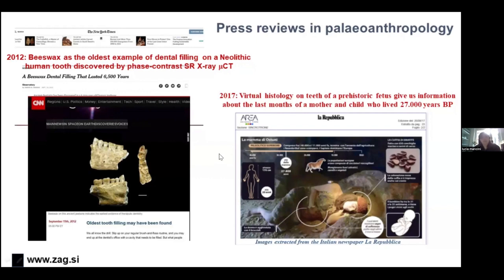We did other examples, but we can go very fast on that. What is important is to understand that thanks to the use of these modern techniques, it's possible to analyze many important samples and also to attract different researchers from museums or from important collections, who bring to these facilities